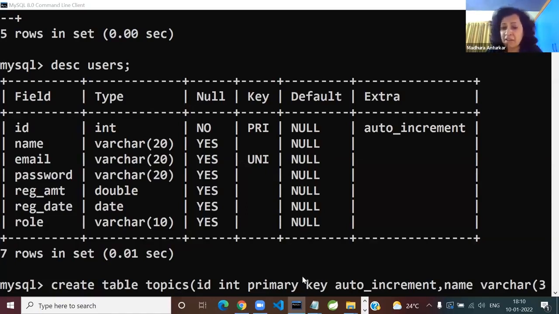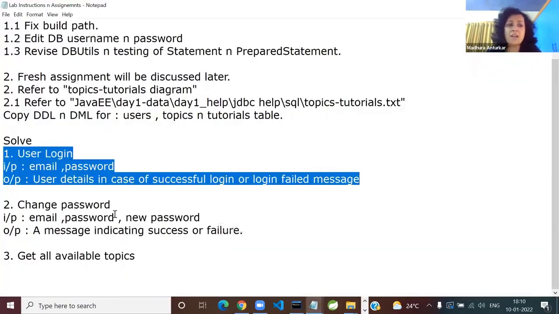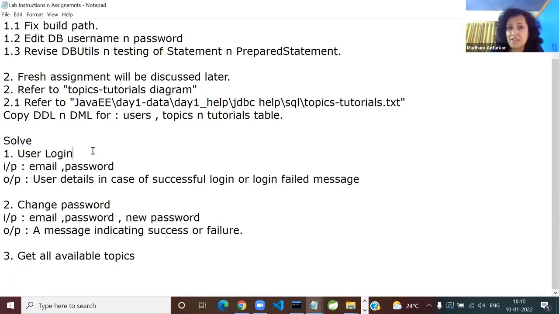So now start writing the tester. You can create simple testers. I'm not asking you to create one big application which has switch casing, case 1 login, case 2 change password, case 3. Don't bother. This is only for today and tomorrow. Finally, we are going to integrate it in a web application. So keep the tester easy. In simple English, I'm happy with the first tester as test user login.